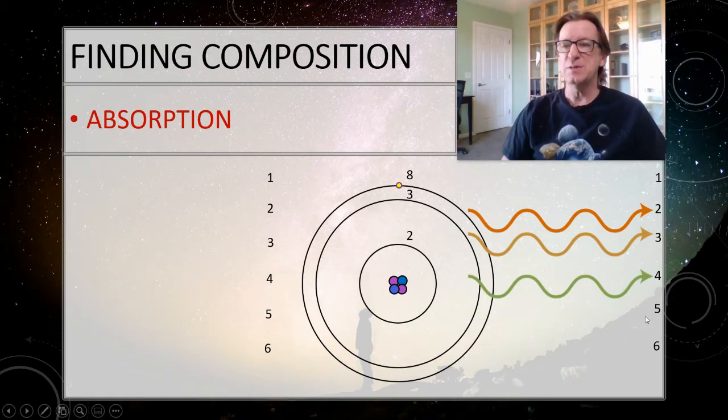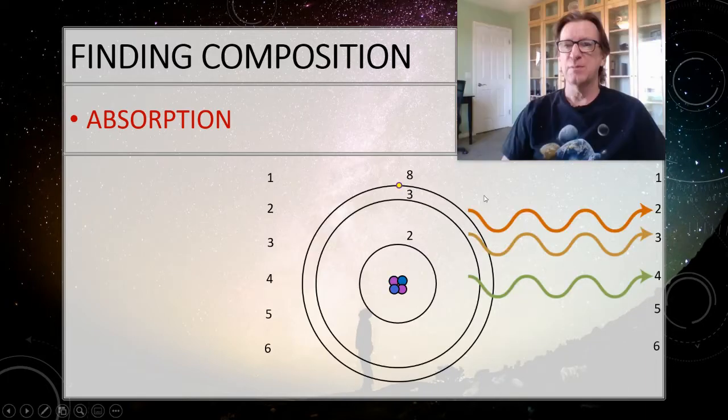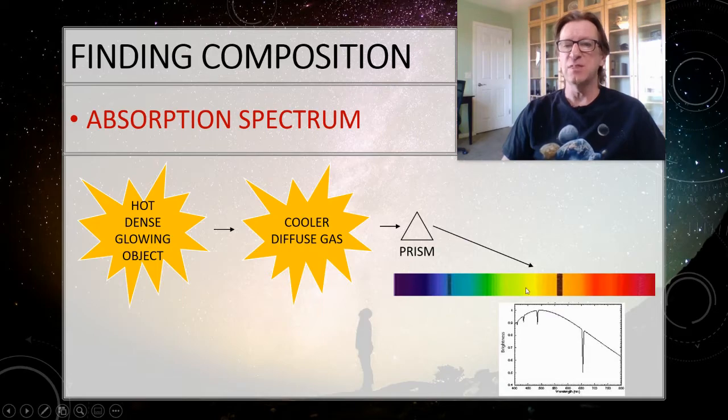So what happens then when I project that on a screen is I get all of the colors. I've got all of the colors except the 3 that got eaten. And so I'll have this rainbow just like I started out with over here, but I'll be missing color 1, which is red, color 2 here, color 5, energy 5 here, which was the blue, and then energy 6, which was the purple. All the rest of the colors will be there. So it's going to look like this. So you see that I've got all of the colors of the rainbow, but I'm missing just those colors that got eaten by the atom.